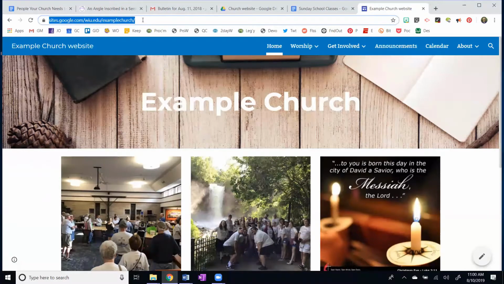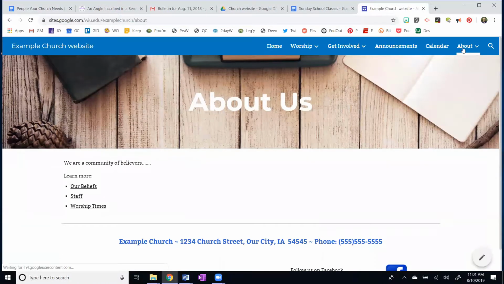The search engine thing is a topic for another day. But I would put a pretty simple name. By the way, don't use a slash, but you can use a hyphen, I think. Carmen-Stronghurst-UMC. Yeah, and that's what's going to be up there. And then when you go to these other pages, like the About page, it tacks it on the end. All right? Any other questions about anything?